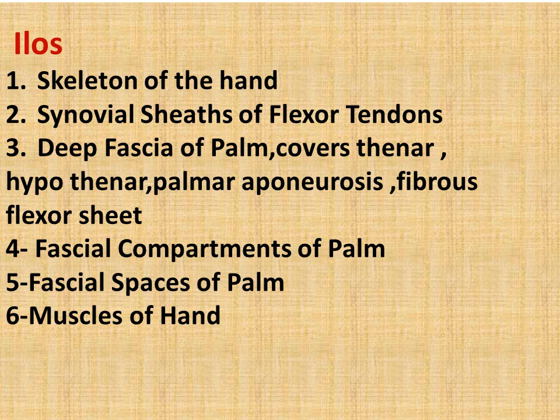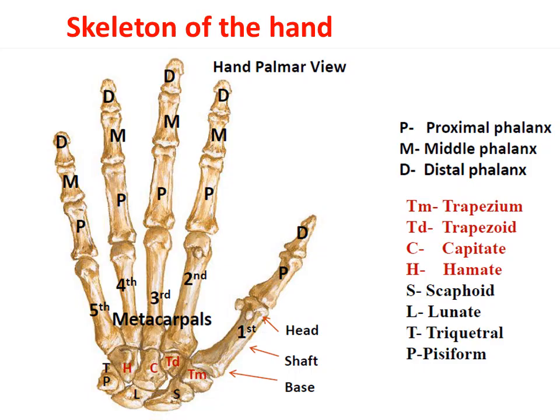ILOs will be about skeleton of the hand, synovial sheaths of the flexor tendons, deep fascia of the palm, covered thenar, hypothenar, palmar aponeurosis and fibrous flexor sheath, fascial compartment of the palm, fascial spaces of the palm, and finally muscles of the hand. About the skeleton of the hand, as we know before, the skeleton of the hand is